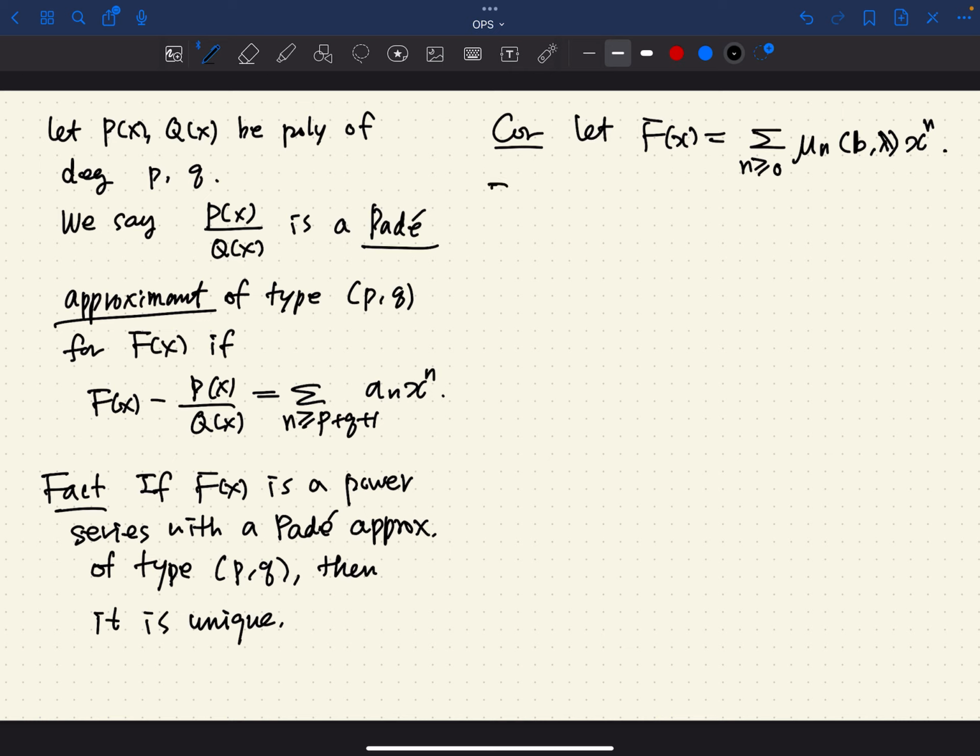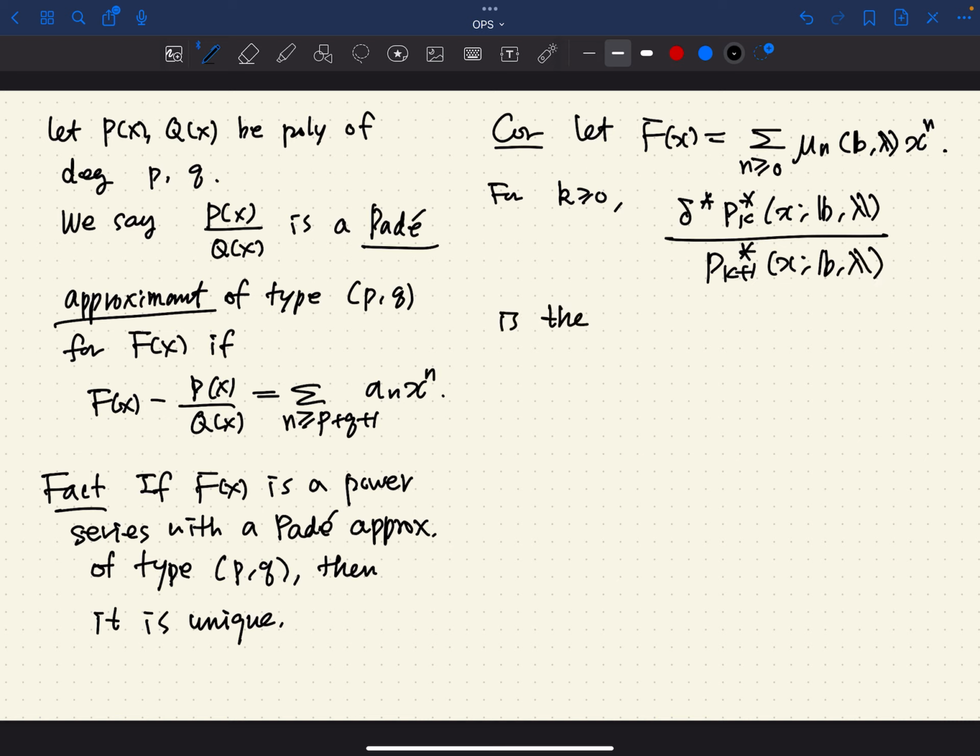Then for a non-negative integer k, this rational function that we considered before, using these inverted polynomials over p_{k+1} star, is a unique Padé approximant